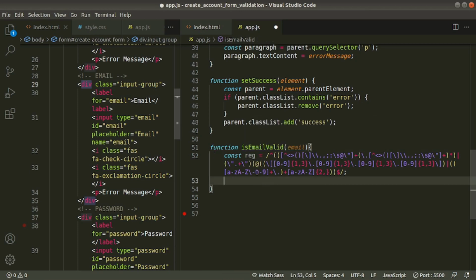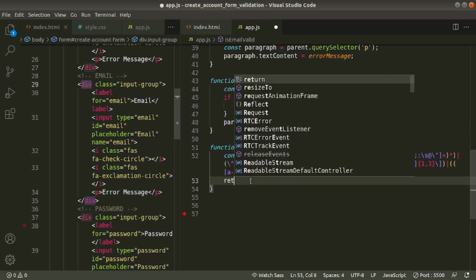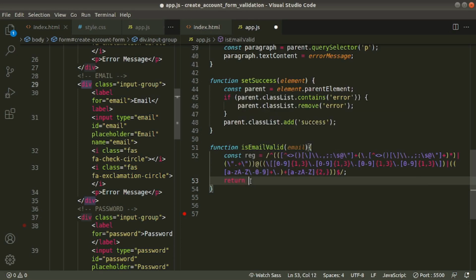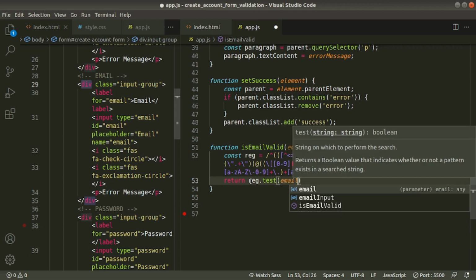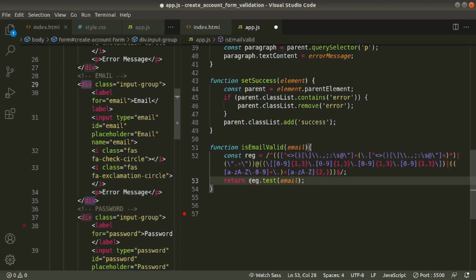We'll check our email input field value with this regular expression. Return true or false, reg.test, give the email input field value, that is inside email. This checks with this regular expression. If it is true, then this will return true, otherwise it will return false.